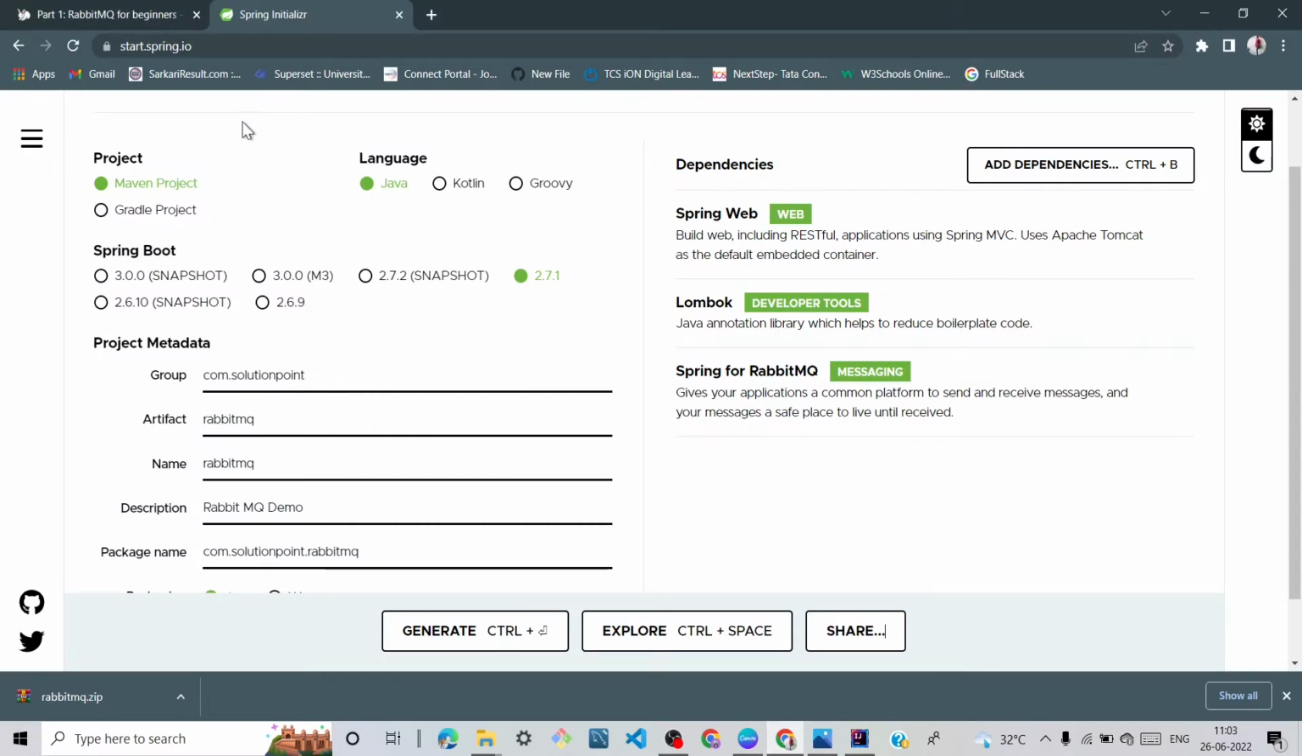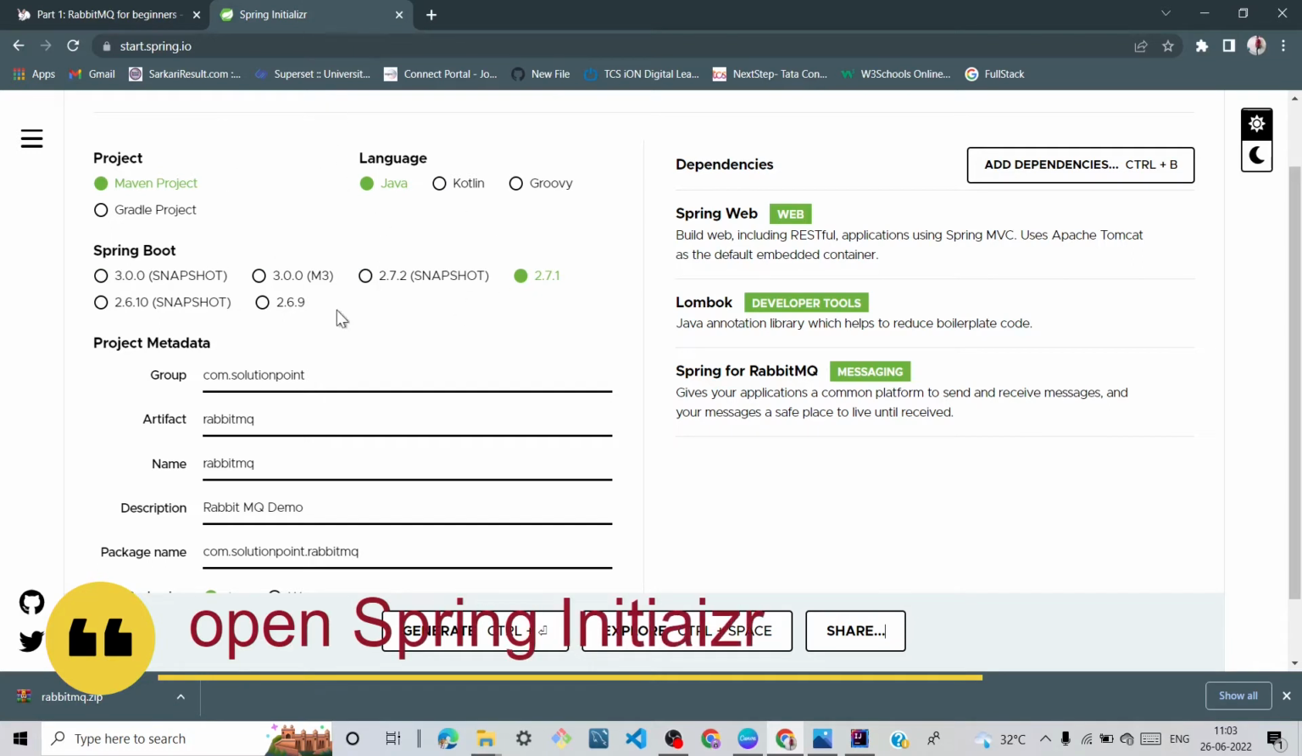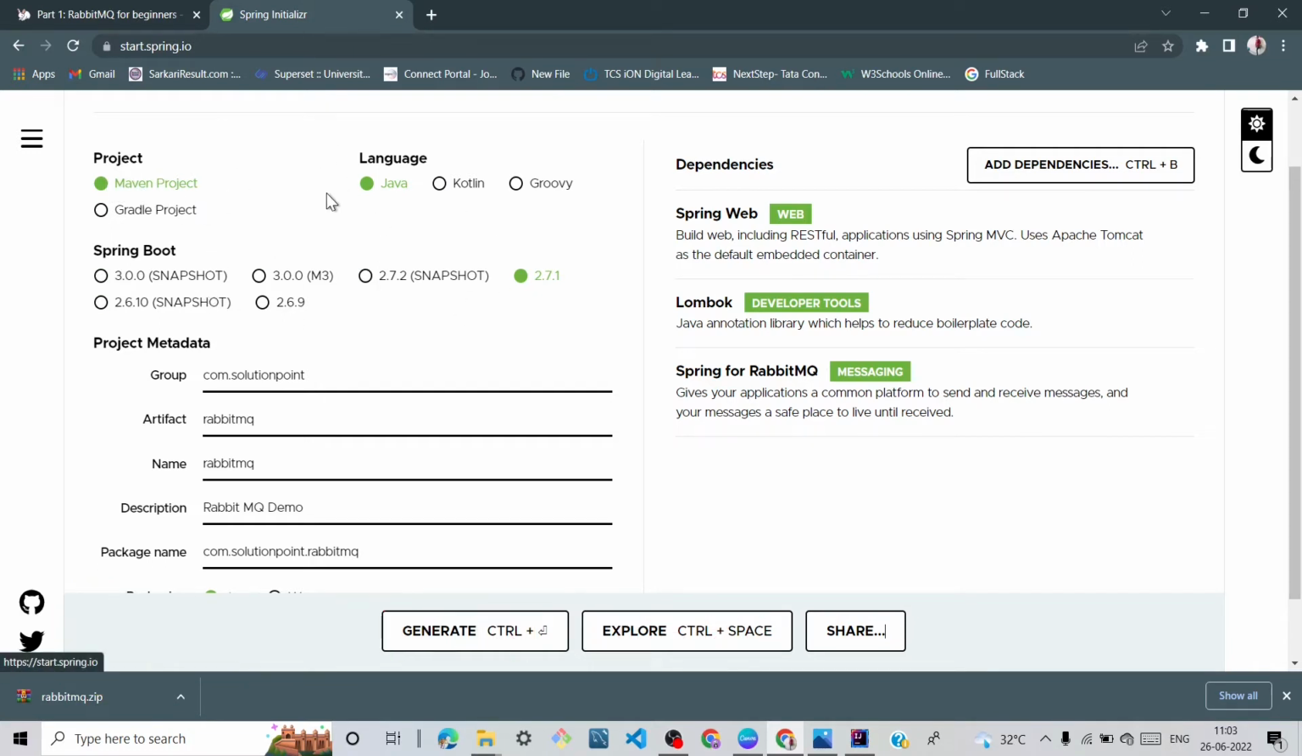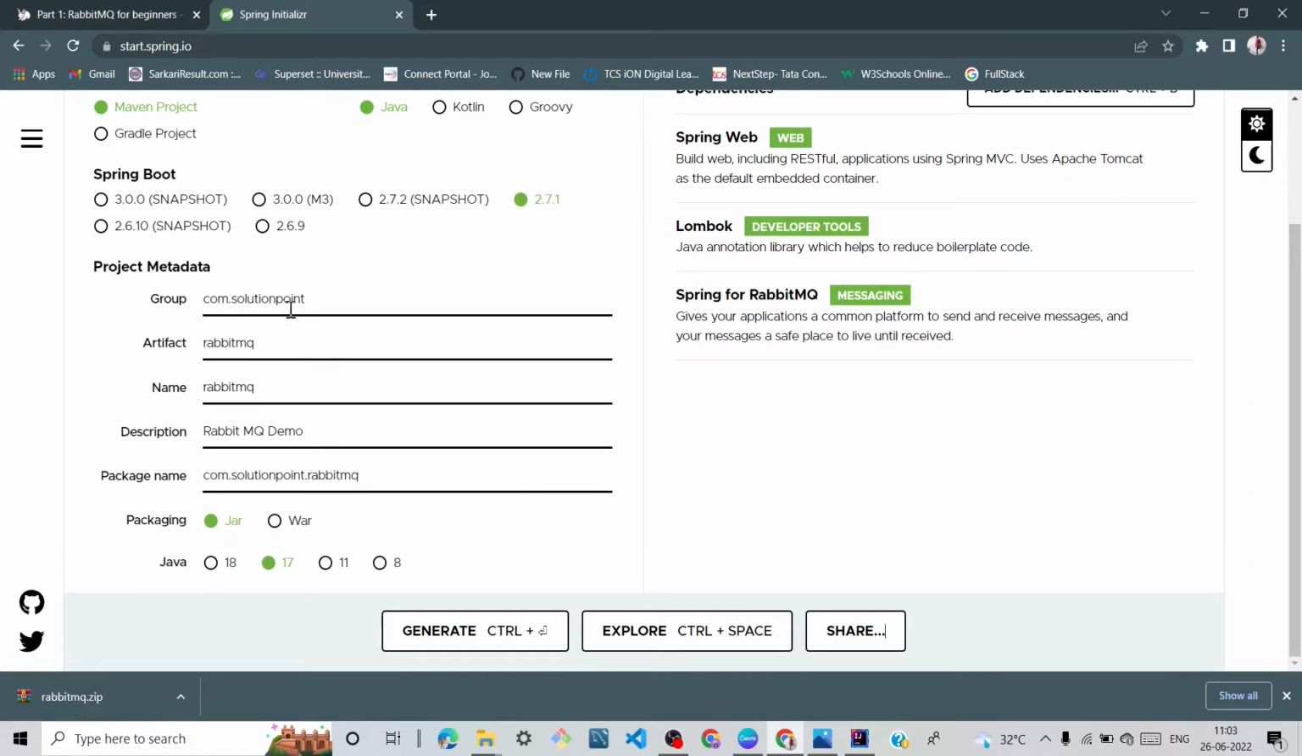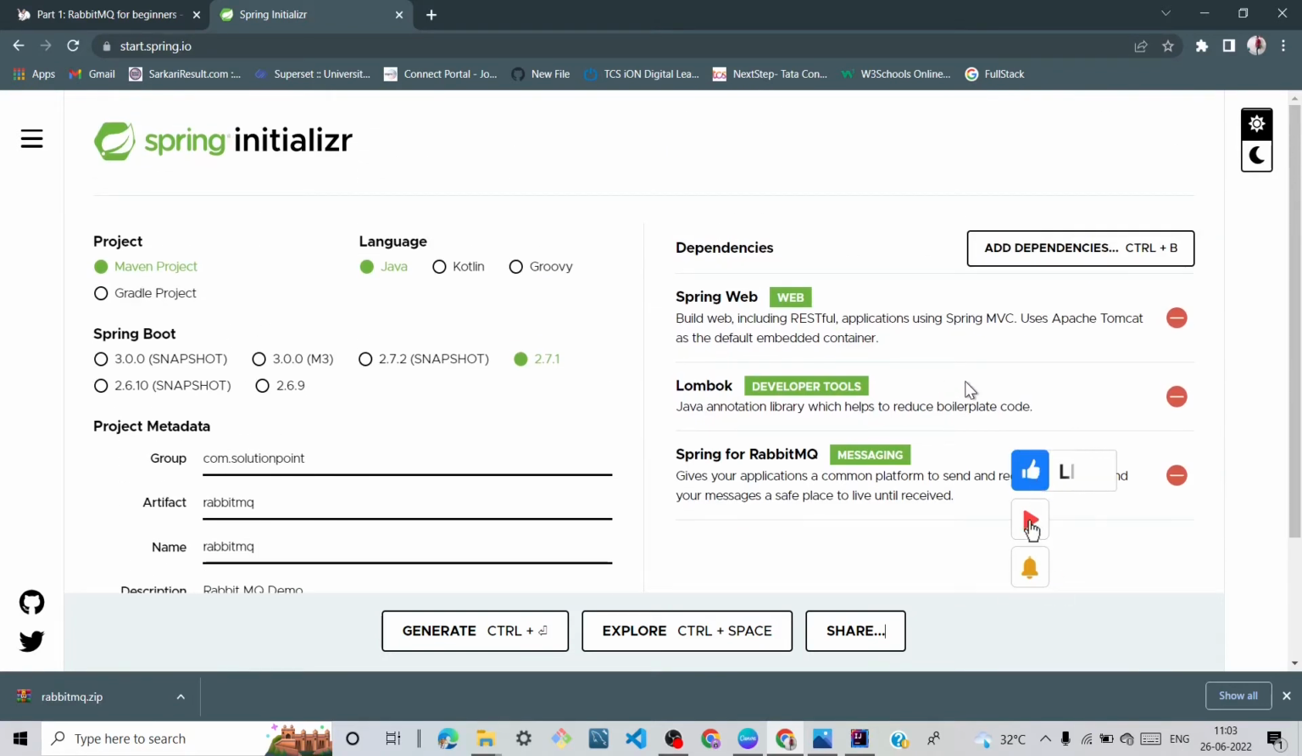We can open Spring Initializr in Google. Let me select the Maven project, Java language, Spring Boot 2.7.1, and for the group and artifact name we use RabbitMQ. We can use Java version 17. The main point is what dependencies are needed for this project. The first dependency is Spring Web,